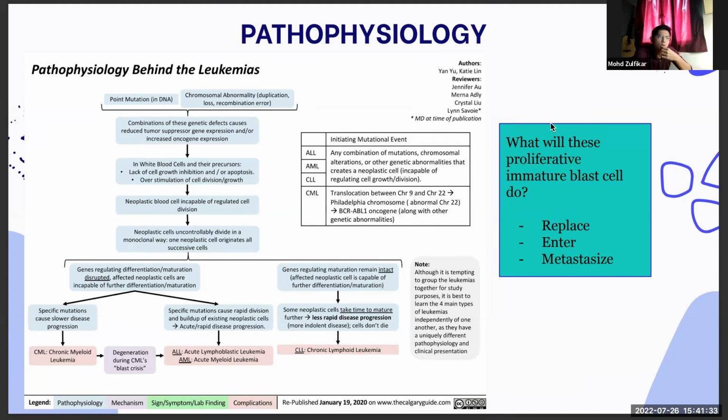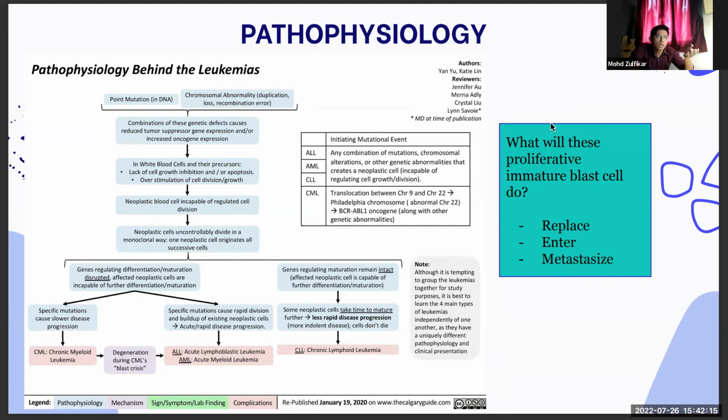So what will happen? The precursor of the white blood cells, as an example we take the lymphoid, which will supposedly differentiate to lymphoblasts and further differentiate to become either B cells or T cells. It will stop at the lymphoblast state, where it loses its ability to further differentiate. It cannot differentiate to form B cells and T cells. However, it retains the ability to replicate. So it will produce blood cells which are immature and have lost function, but keep on proliferating.